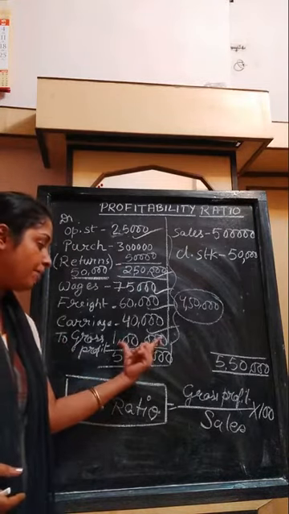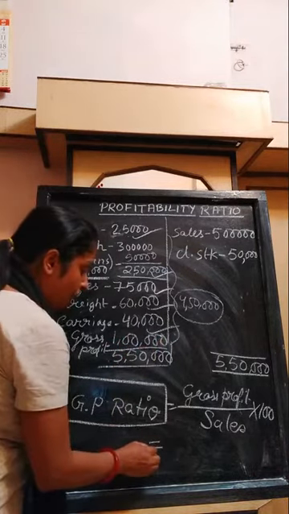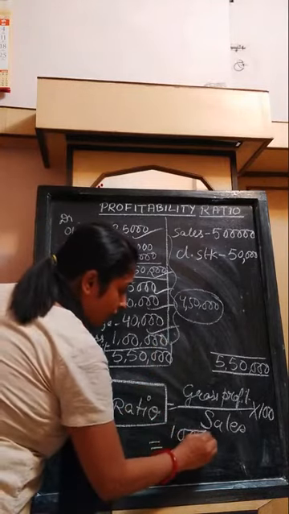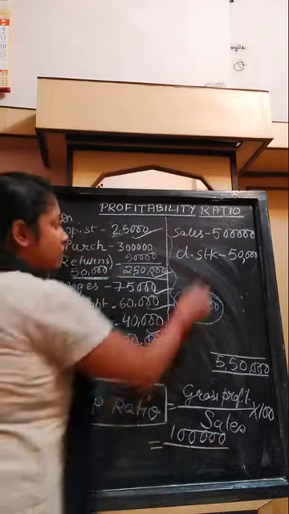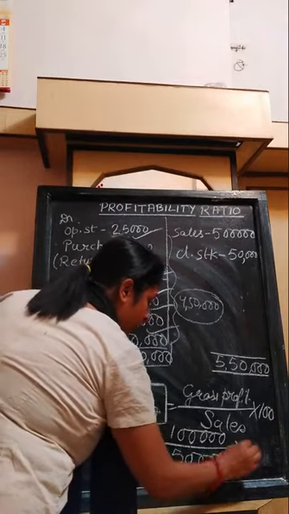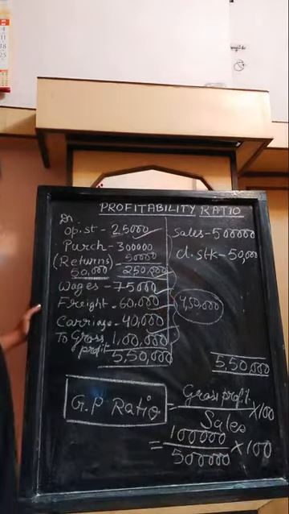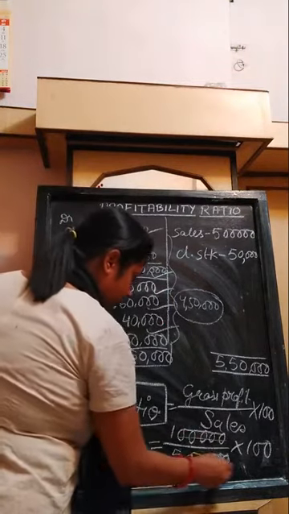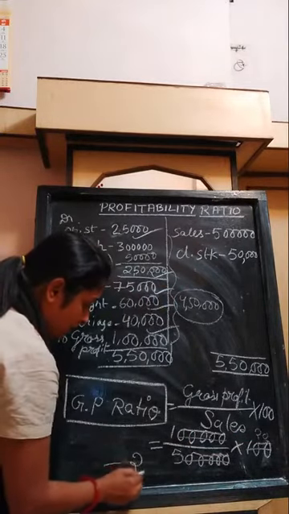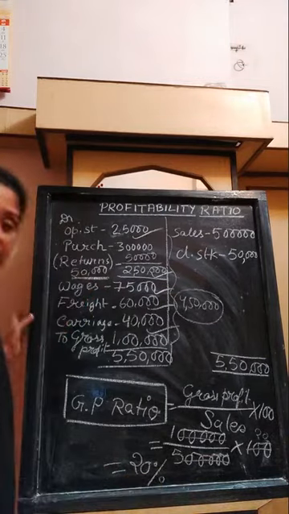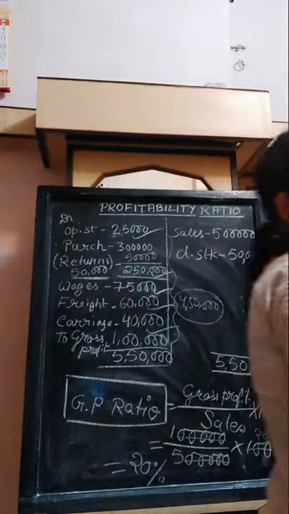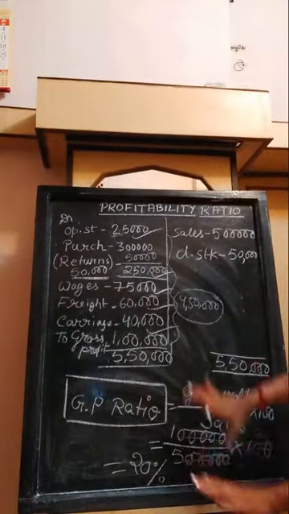Now we have to put the amount of this gross profit in the formula to get the answer in percentage. Gross profit we have derived 1 lakh. And sales from the sum we can get 5 lakh. So 1 lakh divided by 5 lakh into 100. Answer we are getting 20%. 20% is the answer we are getting as a gross profit. So this is how we will calculate the gross profit percentage. Just the way I have done.